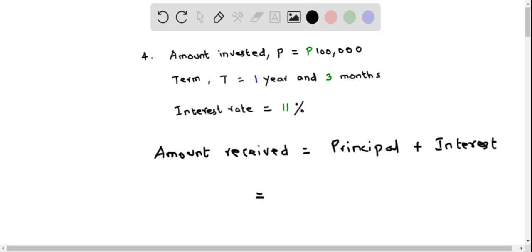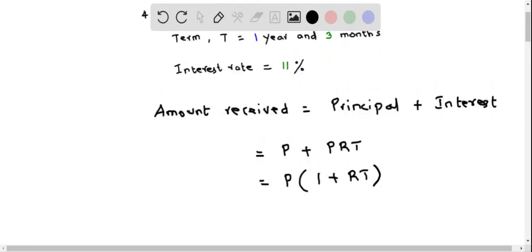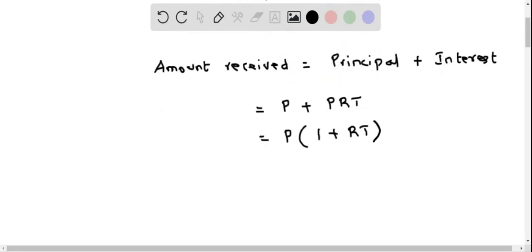We now write principal by letter P, and the interest formula is P times R times T. And so we can factor P from these two terms, so it will be P times of 1 plus RT. Now let's replace P by the amount invested, which is 100,000 pesos. So I'm going to replace P by 100,000,